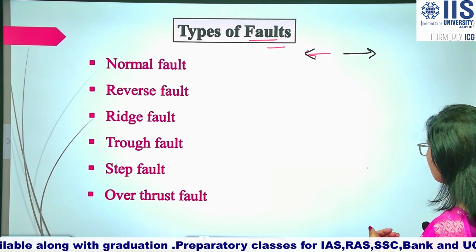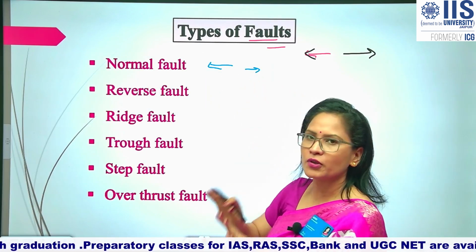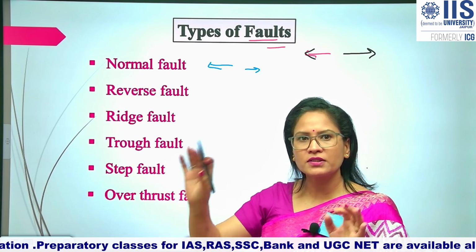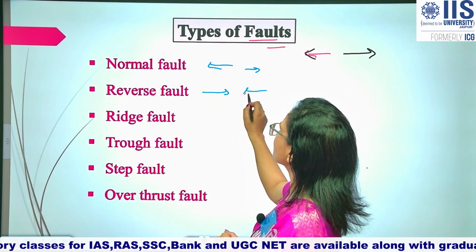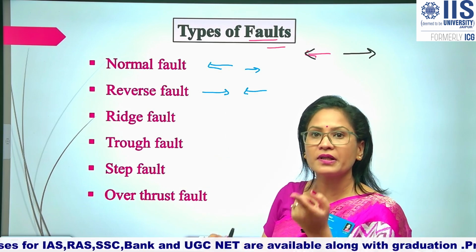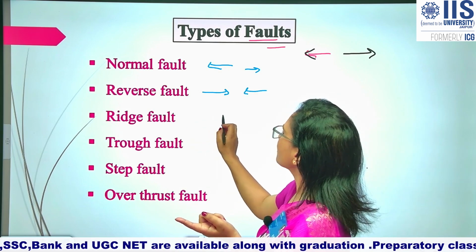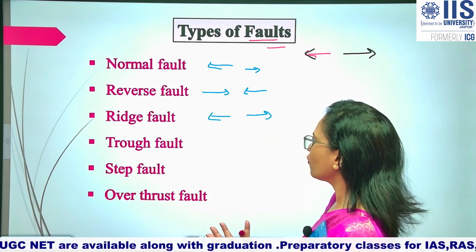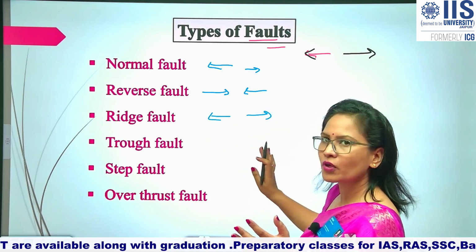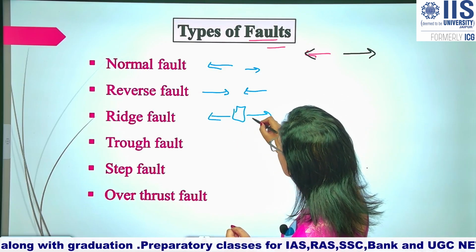Types of faults. Normal fault, it means that it is because of the normal process. Plates are moving apart from each other, cracks are formed. Reverse fault is the exceptional one because the force is horizontal compressive force. Rift fault is again due to the horizontal tensional force. Plates are moving apart from each other, then the central part faces less force, and because of it these blocks are like this.